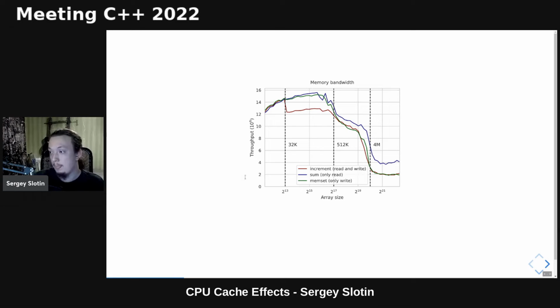If we run all three and plot together, we get a graph like this. First, all three loops perform the same, but then the performance of the incrementing loop drops, but not dramatically, when we cross the L2 boundary, because it needs to perform both reads and writes, and only-read and only-write loops perform roughly the same, which is expected. But then something interesting happens.